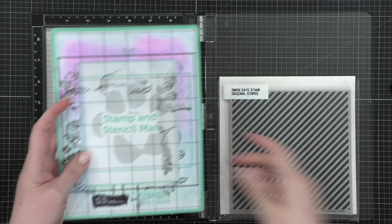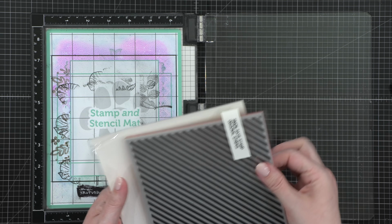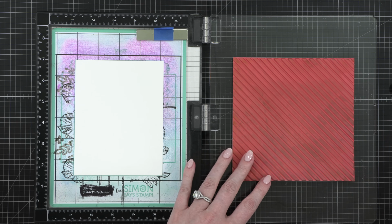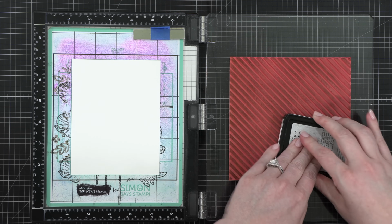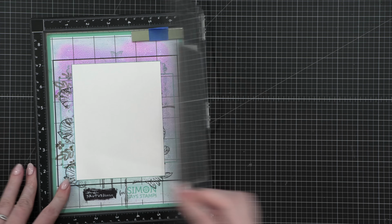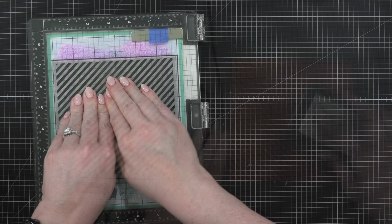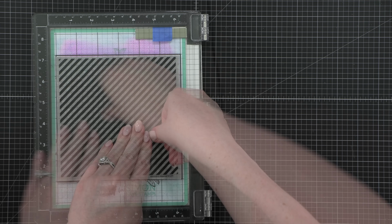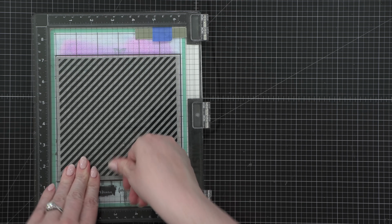So this first technique I'm going to show you is all about taking advantage of that transparent quality of the embossing glaze. We're going to be overlapping the embossing colors so that we have additional colors on our background. I'm starting out with this 6x6 cling stamp from Simon. This is the diagonal stripe stamp, and I'm using some smoke ink just to get a nice pattern on the background. Now this is going to really show through all of that transparent embossing glaze. The pattern will show right through all of that color, and it's going to give an additional kind of element